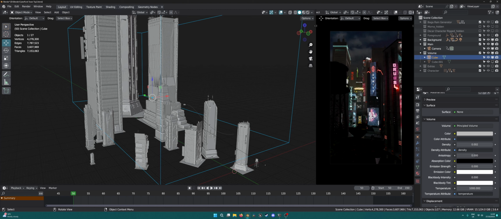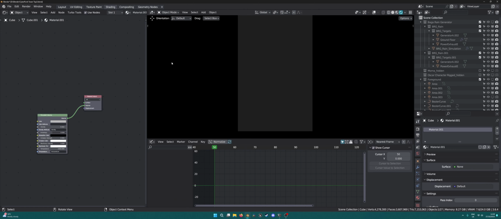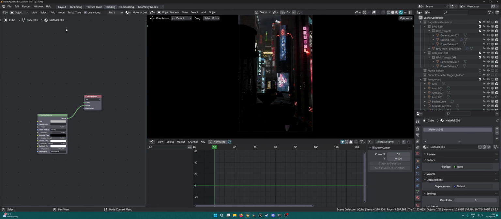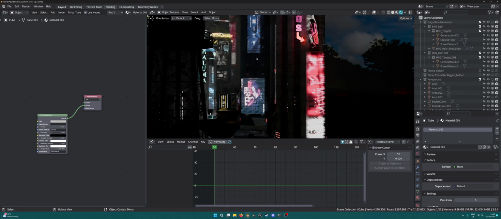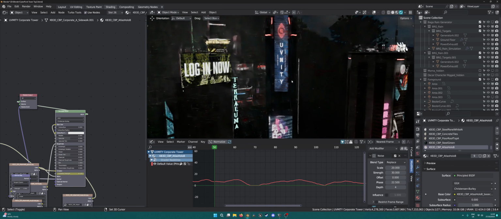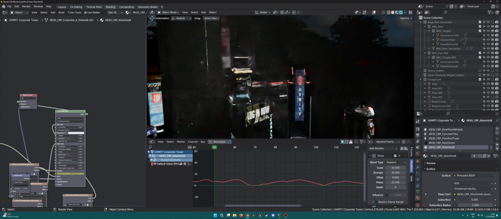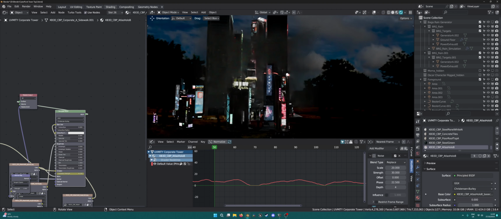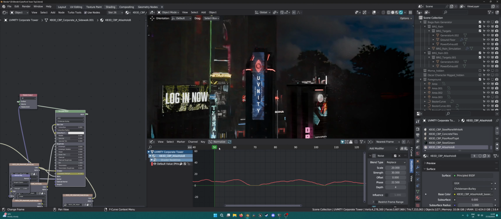I did go ahead and animate these. If I just go into the shading tab, I'm able to show you a bit better. If I just grab a random building, let's see, this one. So which one was it again? I forgot. Yeah, it was this one. So these are animated